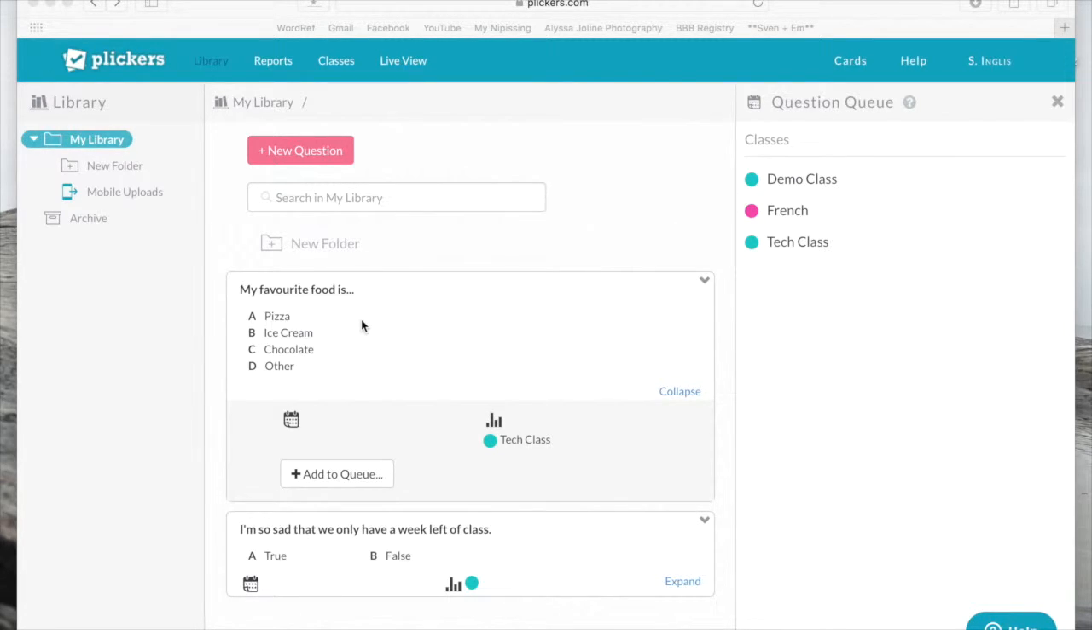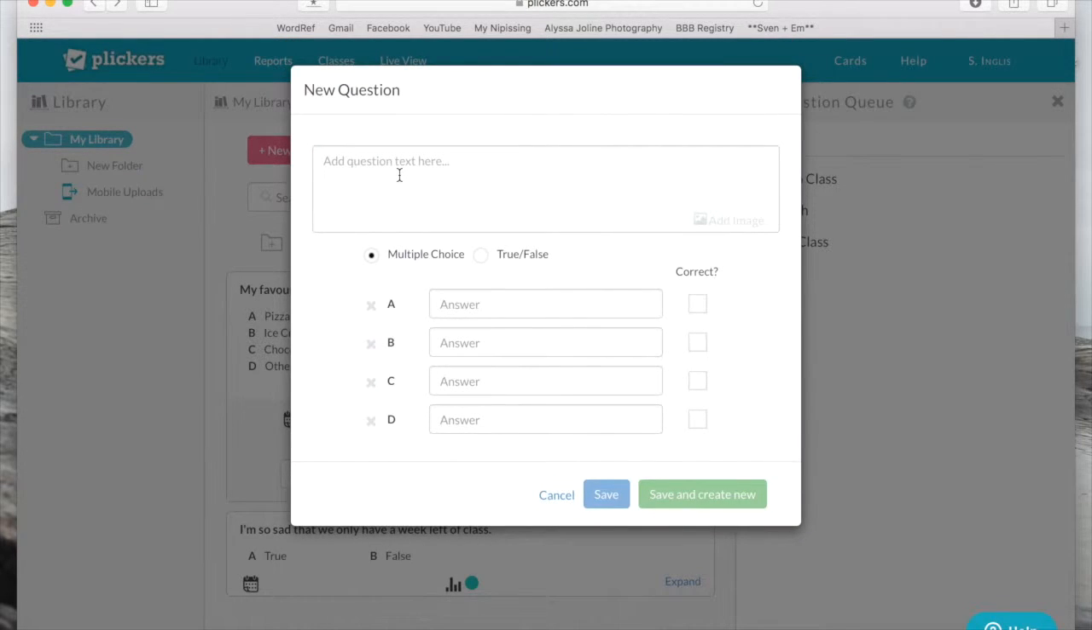We're now going to look at how to create new questions. The first thing you're going to want to do is click on the Library tab at the top of the page, and it will bring you to this screen here. So we're going to go to Add New Question. You can also use Plickers as a way to check in with your students and see how they're doing. For example, you could ask them, today I'm feeling